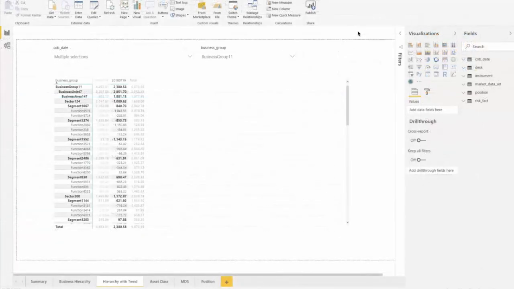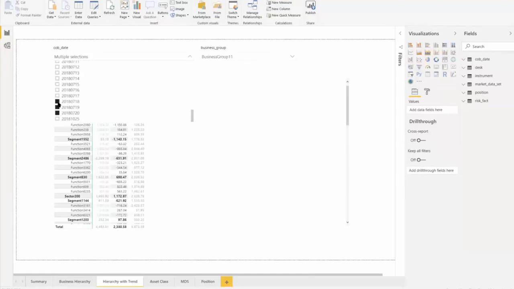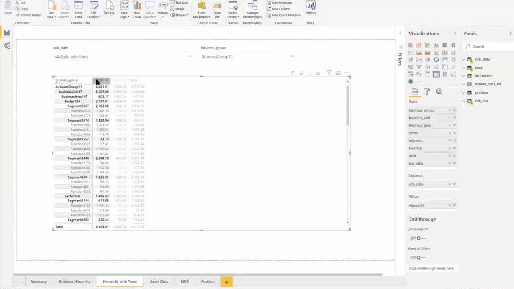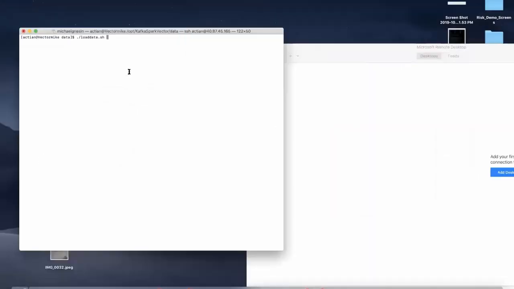Now let's take a look at how Avalanche makes accessing real-time data possible. We will stream data into Avalanche while running reports. Let's look at Power BI and check a few dates available for analysis. We'll select July 18, 19, and 20. In the report, data for July 18 and July 19 shows up, but July 20 is not available. Now let's start the streaming.